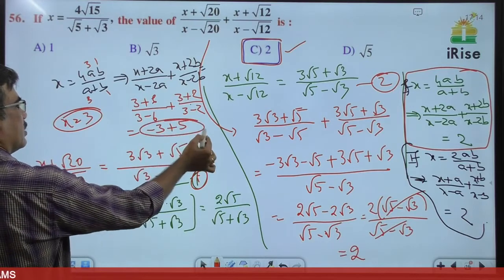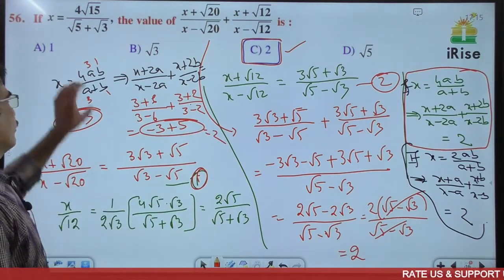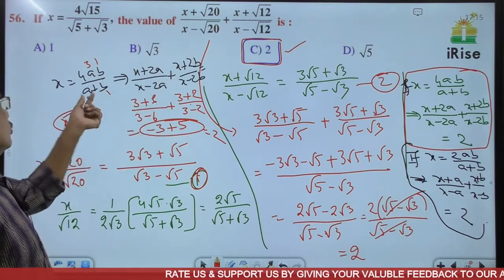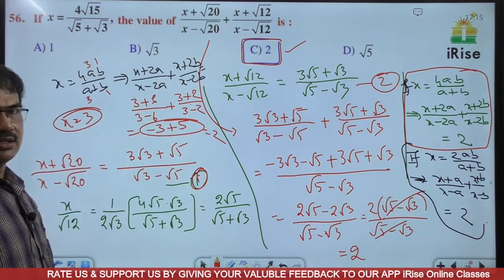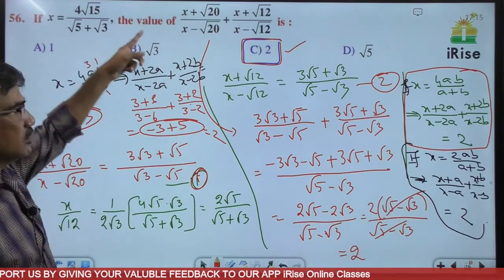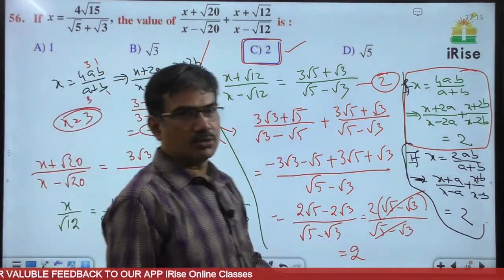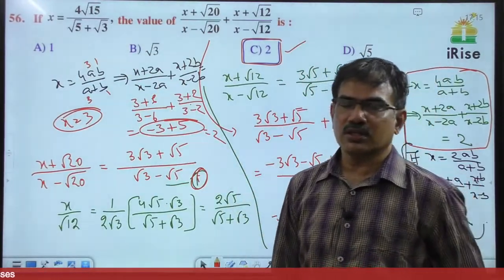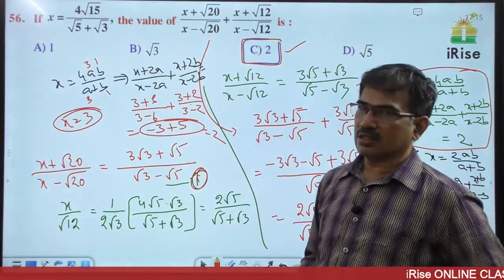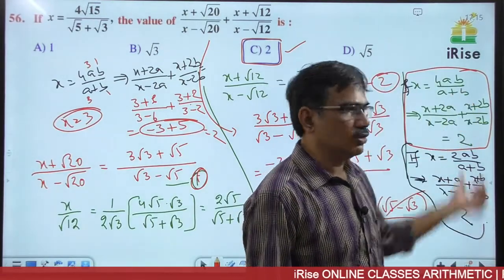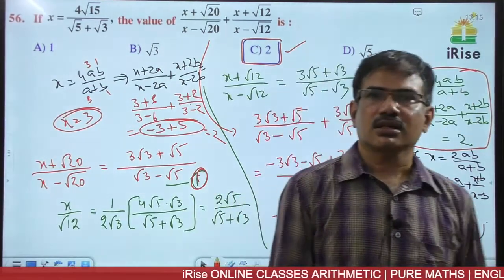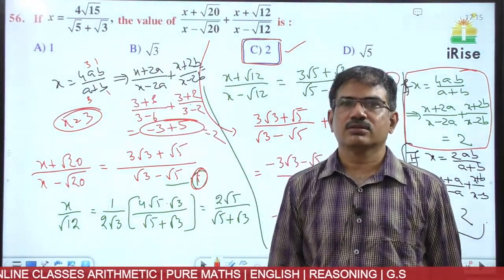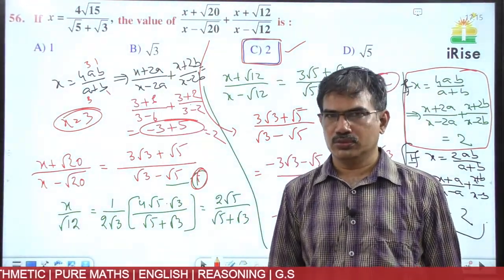So what is 5 minus 3? The answer is 2. If the question is given in terms of a, b, the option is to go for substitution to get the answer easily. But if the question is given in terms of x, substitution is not possible because x is already given. How to substitute? So actually this is the procedure. Otherwise you have to know the formula. If you know the formula, we can get the answer directly. If any question is given like this, then we get the answer as 2. Okay, next.